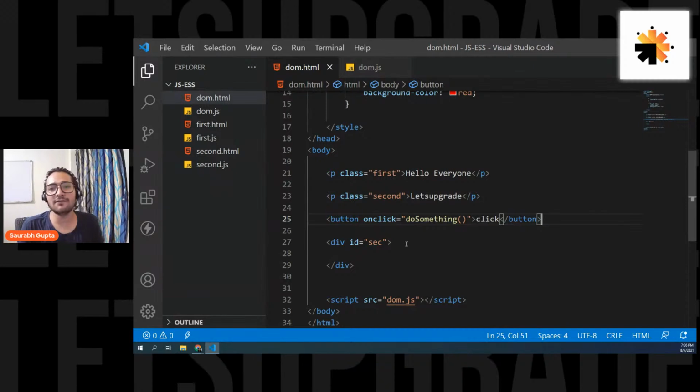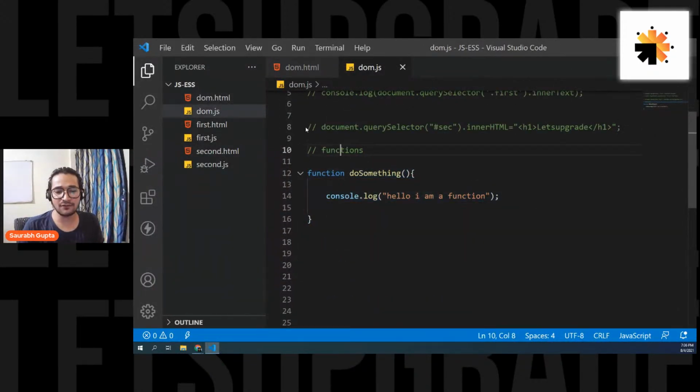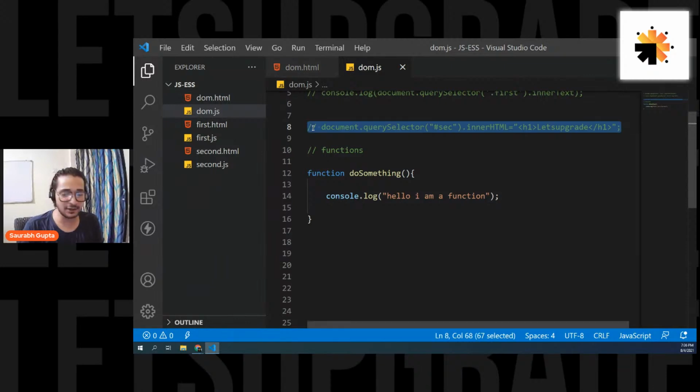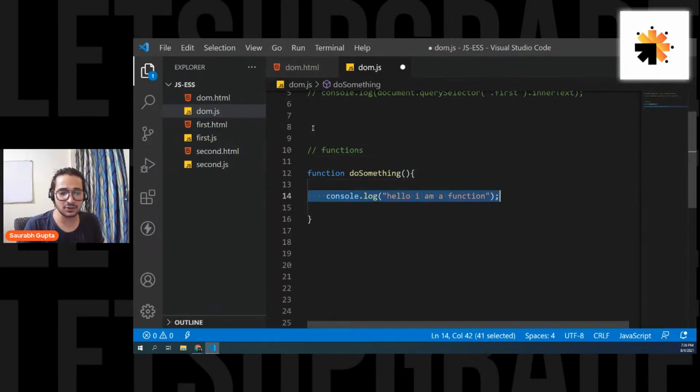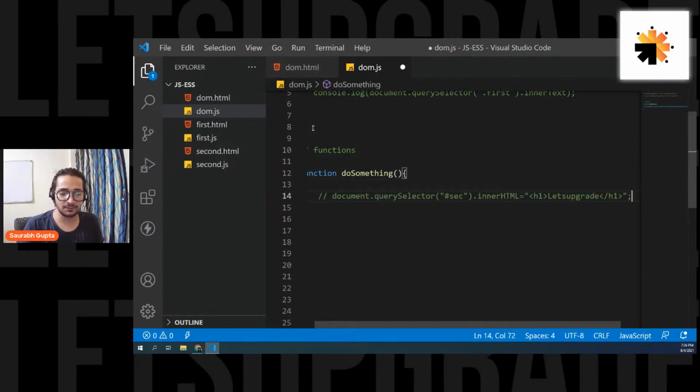Okay. So basically, you have performed event handling. This concept is known as event handling. Basically, based on a user event, you're doing something. So this thing is called event handling. Now, what we can do here is, if you want, you can move this line of code, move this console.log, here we go, like this.